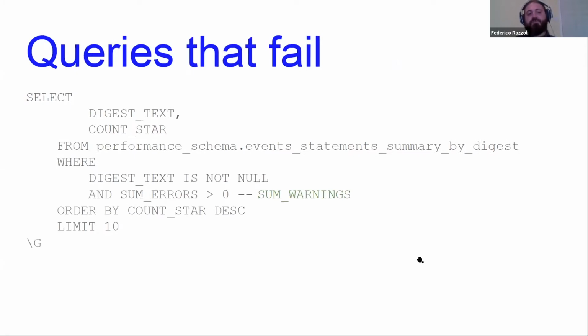First of all, don't worry, because I will make the slides public, so you don't need to take a screenshot or write down the queries very quickly. I just want to explain the concept, and the idea is the table contains information about how queries run, how they are executed, and with this first query, we only select the queries that returned some errors.